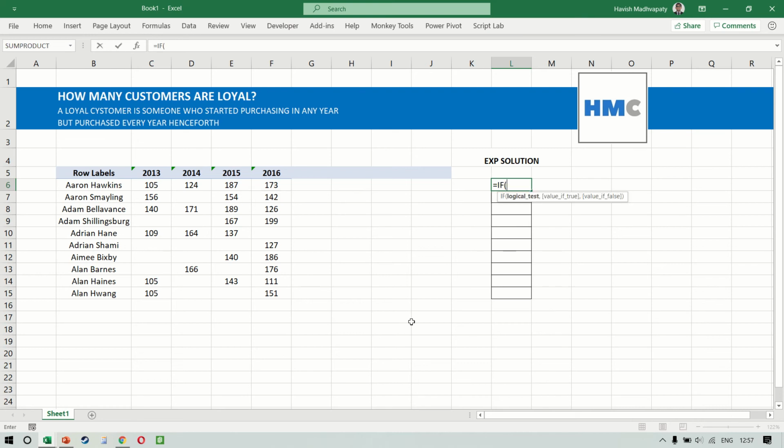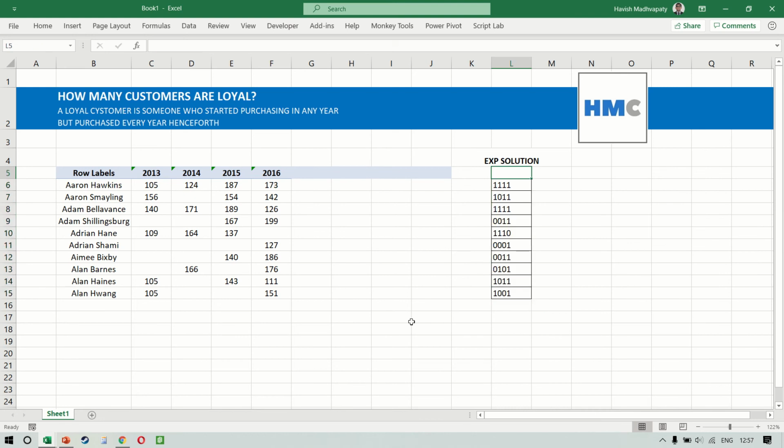We will use a simple if statement to say that if the value of 2013 is greater than 0, then the result is 1, otherwise it is 0. And obviously we get a 1 here. On this we can concatenate and I will break my formula into a different line. And we can say if the value in D6 is greater than 0, then we want a 1, comma, 0. And now for the other two, we can simply copy the second line. Excellent. Let's see what is the result that we get.